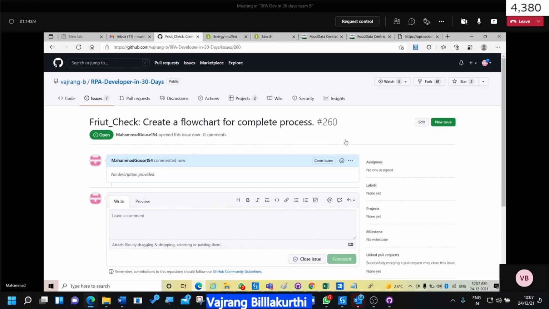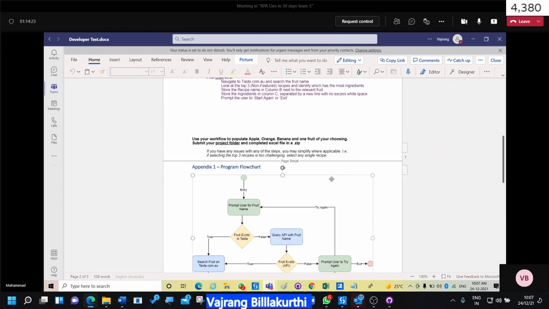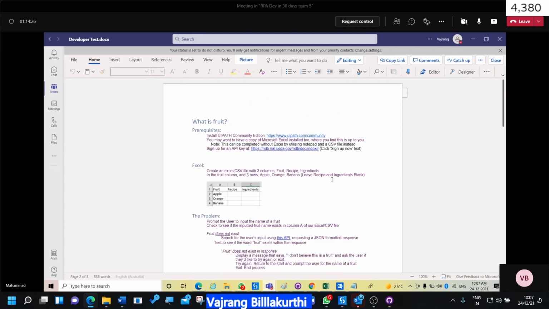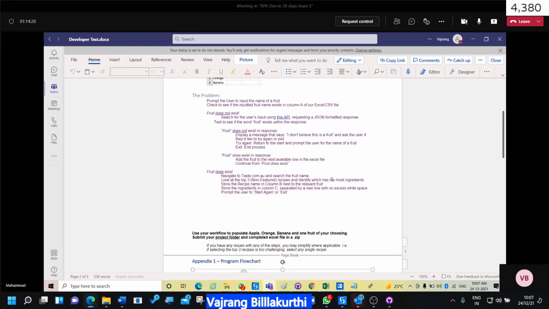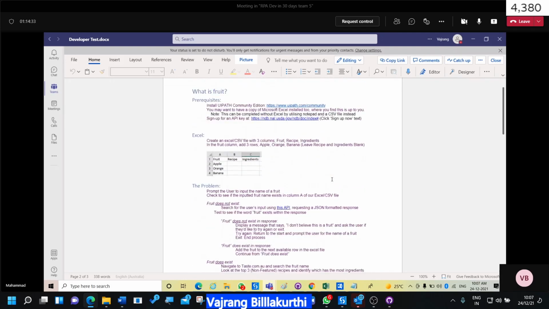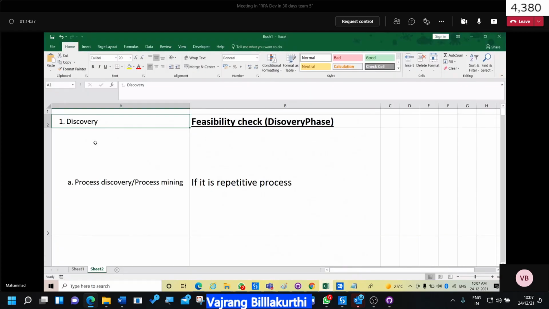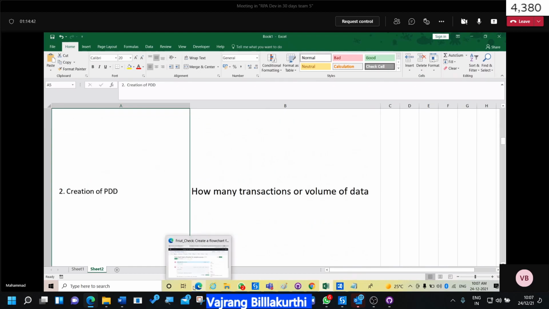Okay, what's the next step after creating a flowchart? After creating a flowchart, we need to document the process manual, right? Creation of PDD. Yeah. Through task manager. Discovery phase, process feasibility, task discovery.